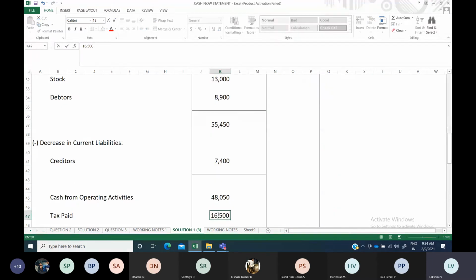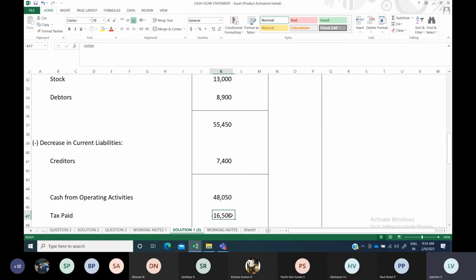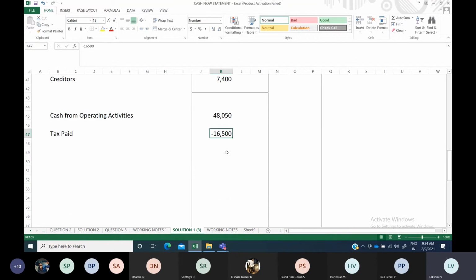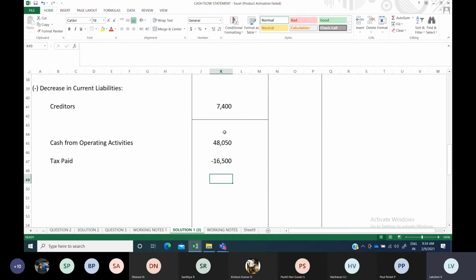You will show it in the operating activities itself, 16,500. But this amount is an outflow. Whenever you make a payment, it is an outflow. So better to show within brackets. Okay, so negatives, outflows and all you should show within brackets only in your sum. Okay, so now since you have to carefully subtract, wherever there is inflow you will be adding, wherever outflow you have to subtract only. So better to show this one within brackets.